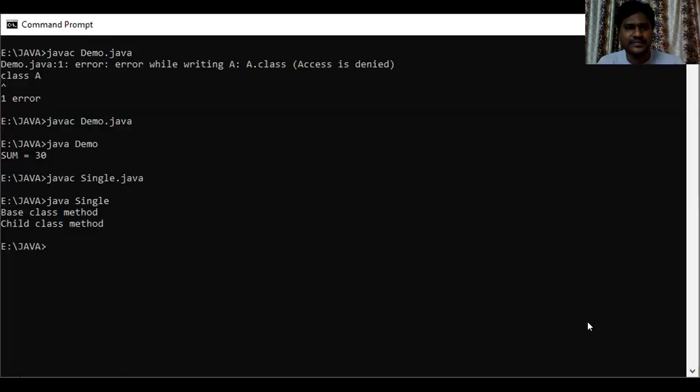Come to here. javac multi-level.java, enter. No errors. Then happily execute, java multi-level.